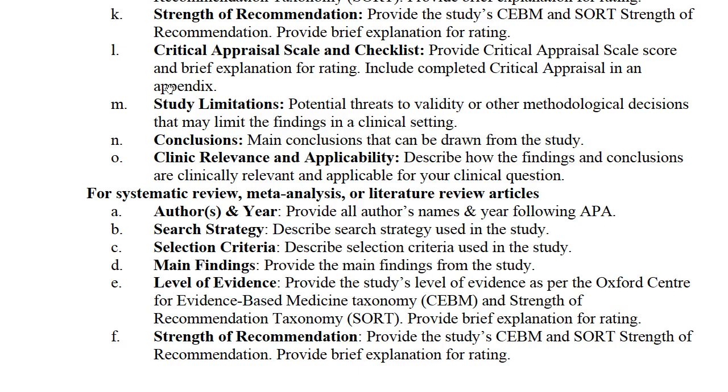My goal is for you to understand how to do this analysis, so it actually has a positive effect on your clinical practice, because we should be using the best evidence for our patients.